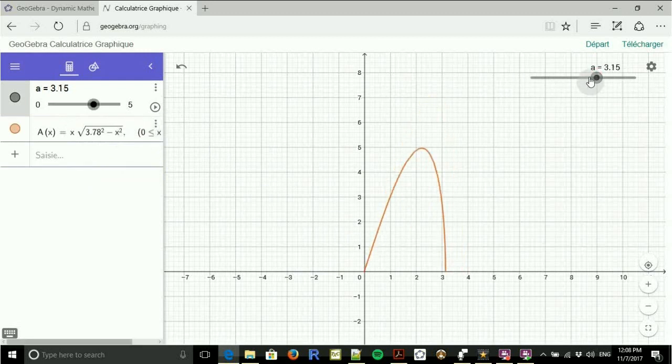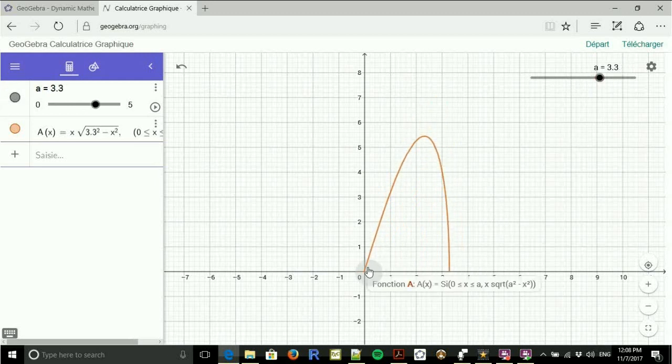So you see, as I vary a, I can see what my family of functions look like. In particular, I can see that globally it always looks the same. So it's always increasing and then decreasing. It reaches a maximum somewhere. It's graphed from 0 to a. So as you can see, the current value of a is 3.3, and that's how far